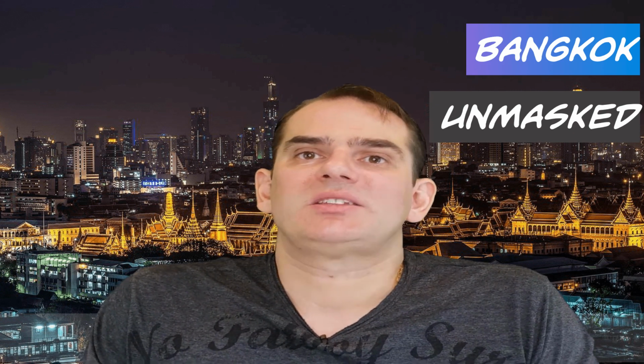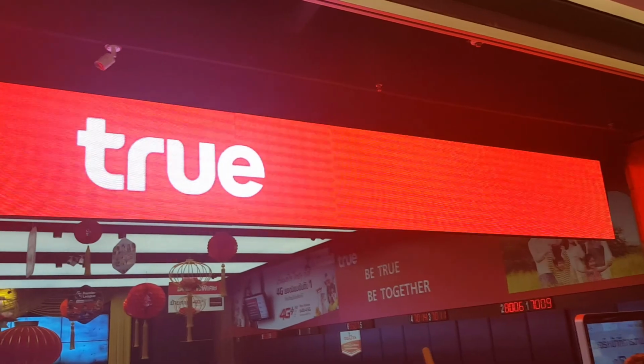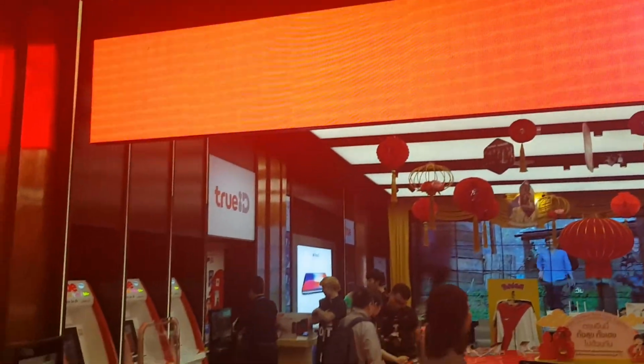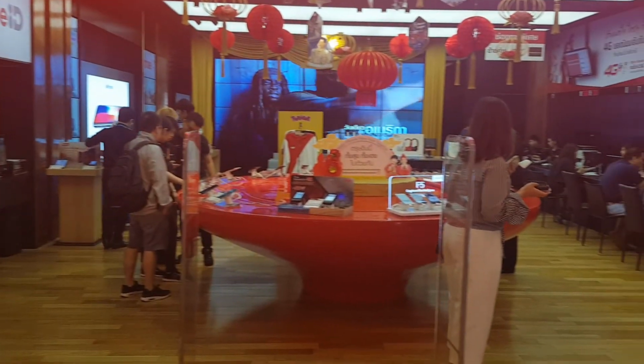So which is the best Thai SIM card to buy? The short answer is that there really isn't a best option. All three operators have pros and cons. With that said, if you're in Bangkok, their signal and 4G coverage is pretty much the same everywhere in the city. With this said, the latest OpenSignal.com report stated the following, and I quote, "TrueMove dominates our 4G speed and